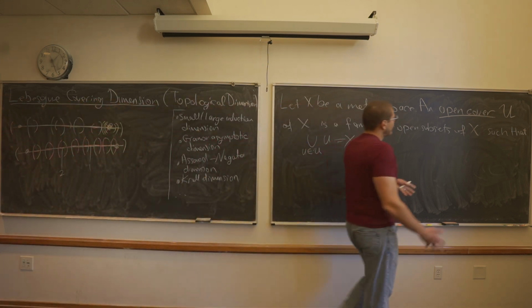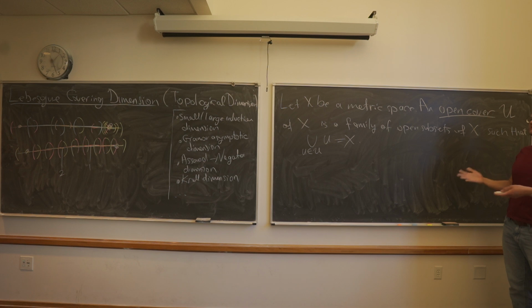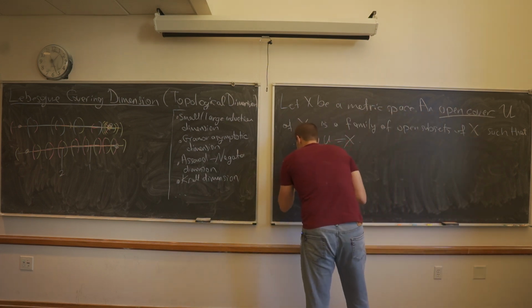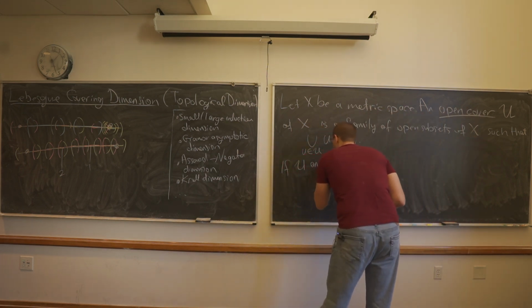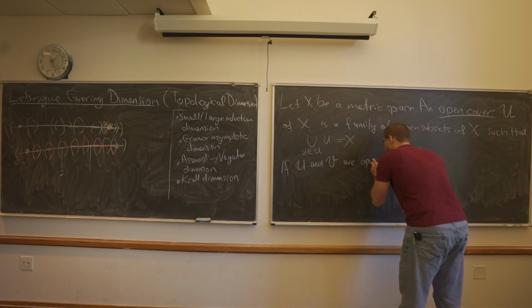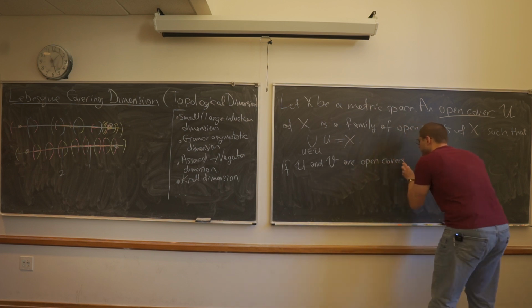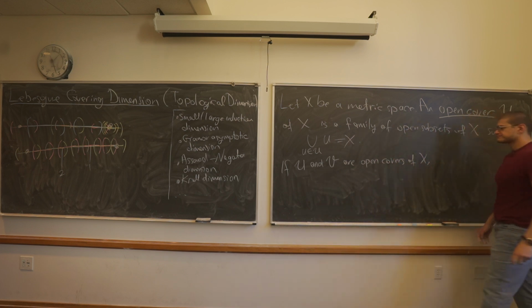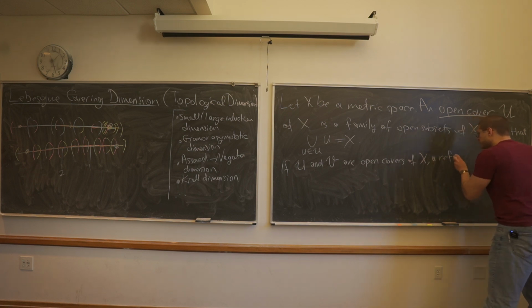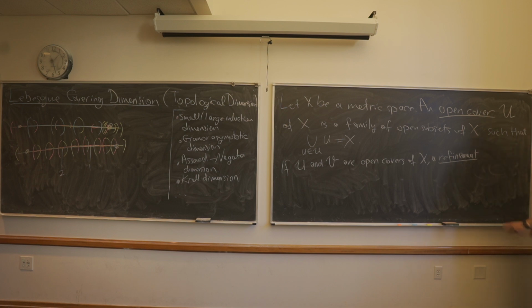In this case, I have two open covers, as you see. If I have two open covers, let's say U and V, I'm going to call one of them a refinement of the other one if the following happens. If U and V are open covers of X, let's say that a refinement from V to U